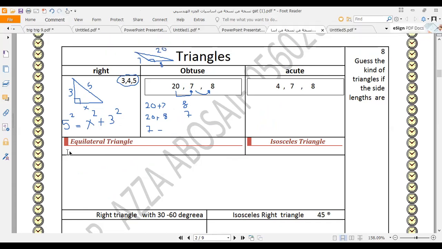Okay, equilateral triangle, does it mean equal sides? Yes, exactly, equal sides